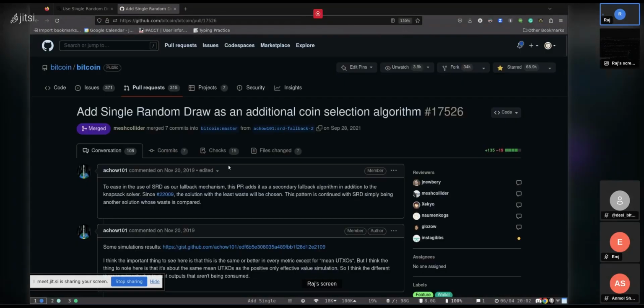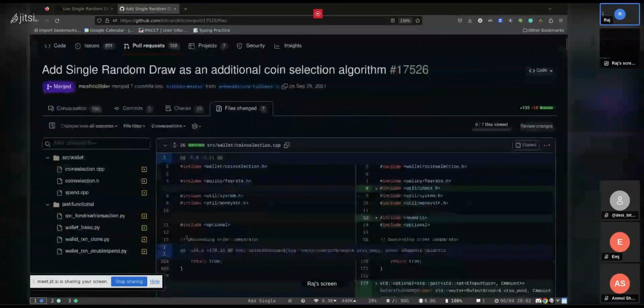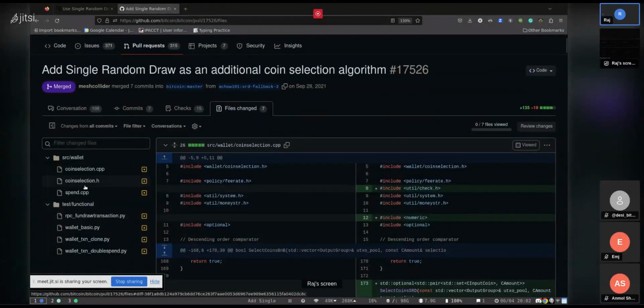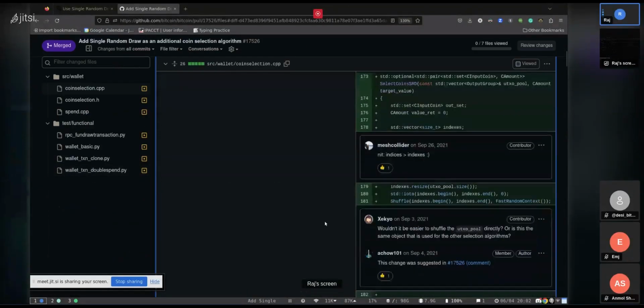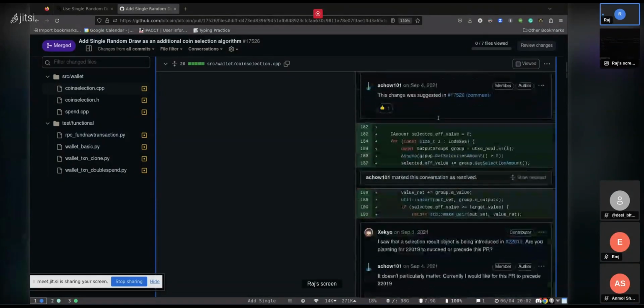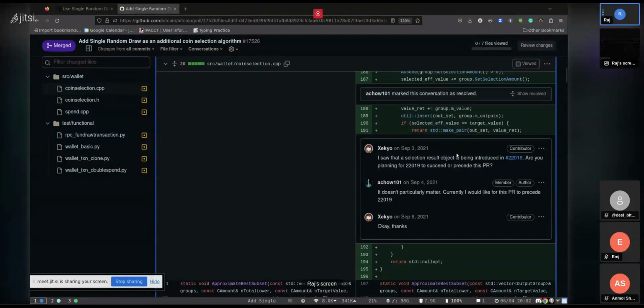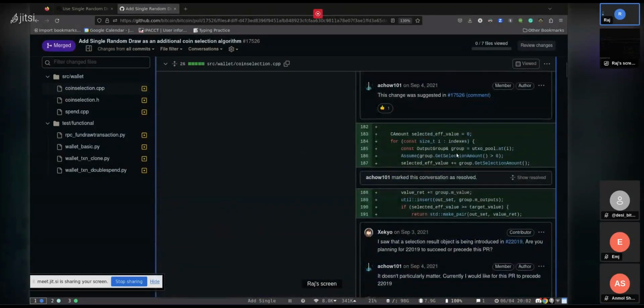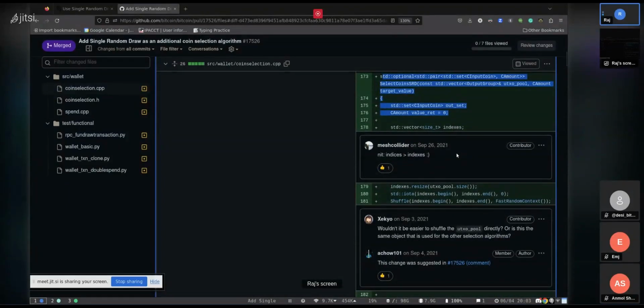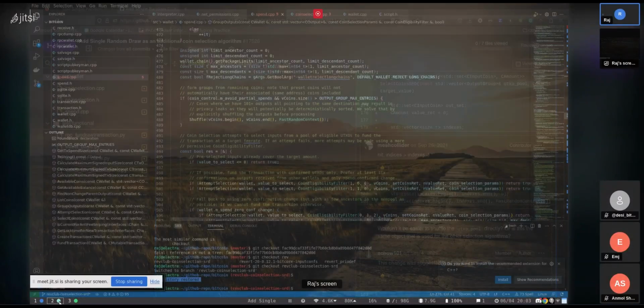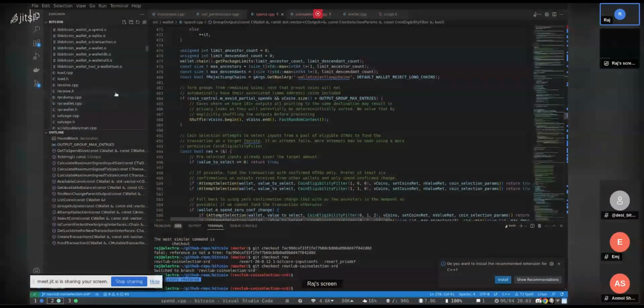So if we go and check out the files changed, all the coin selection logic and its associated structures are defined inside src/wallet/coinselection.cpp and inside coinselection.h. Inside coinselection.cpp, this PR adds a new function called single random draw. Single random draw is nothing other than randomly selecting from the UTXOs one by one until the target value is matched. So if we look at the code of this,